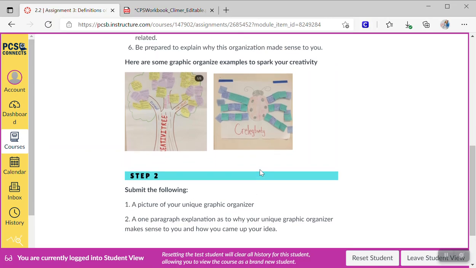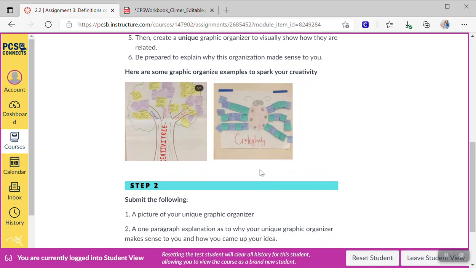Now, you can do it on a piece of paper at home. I've seen people do them on their kitchen counters and on doors and walls, but you might not have a lot of that. You can 100% do this digitally. So if you wanted to develop, I don't know, a Prezi, or you did a digital graphic organizer in Canva, and you just copy and pasted all of your definitions in there, or you did it in PowerPoint or in Word. But the key is be creative in your organizer. What makes sense to you? Make it pretty, make it fun, make it originally you.